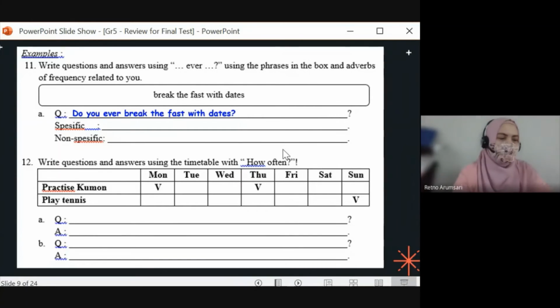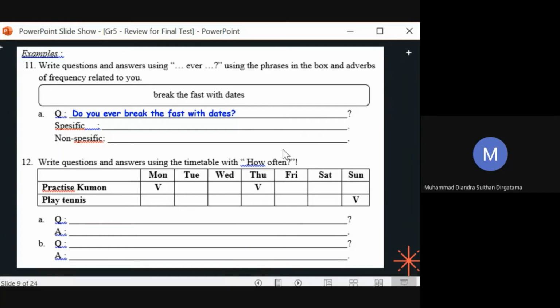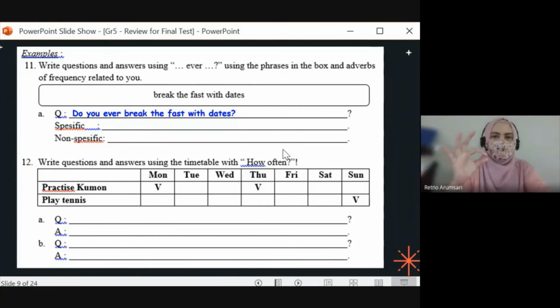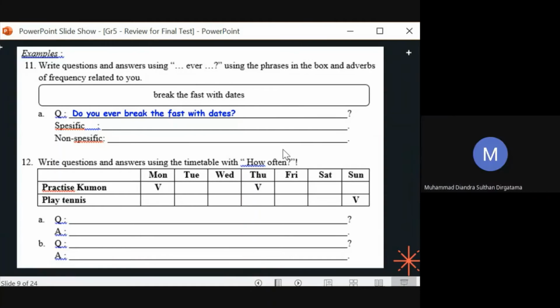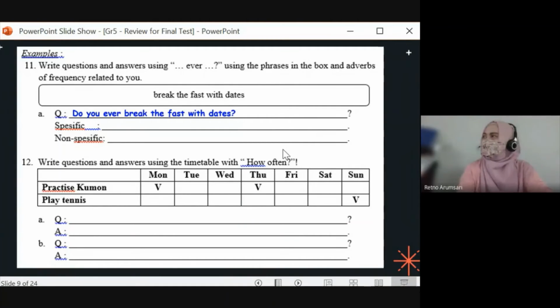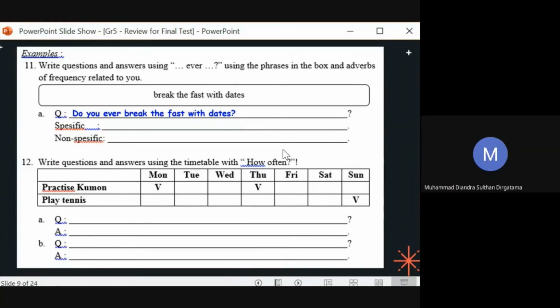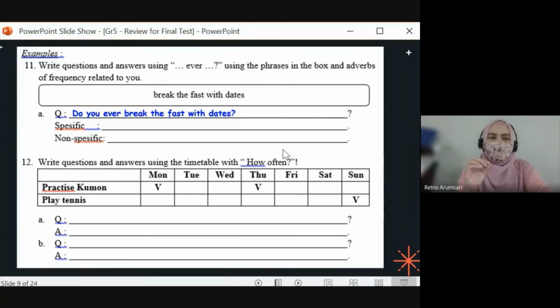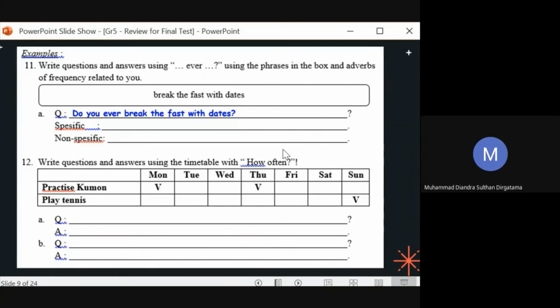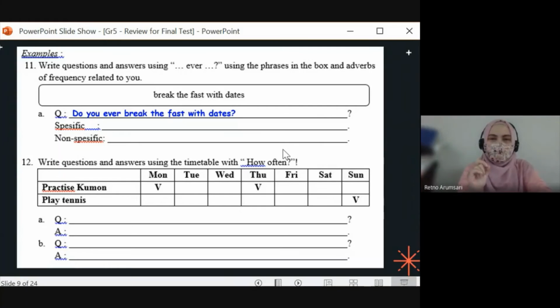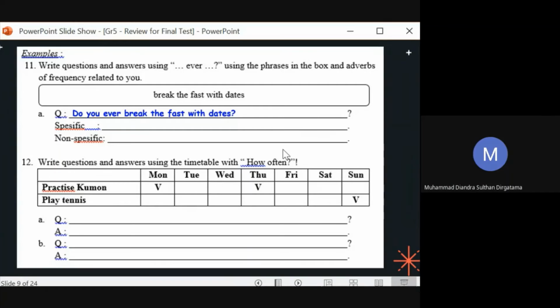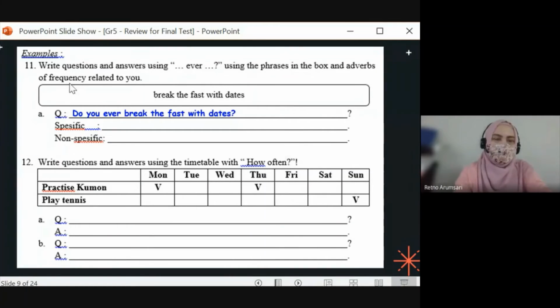What is your own answer, Diandra? Yes or no? I don't know. You don't know? You know dates? You don't know what dates are? Dates are like a fruit. Okay. You know, right? Yeah. You know dates, right? Do you eat dates? Yes. So how often do you do it